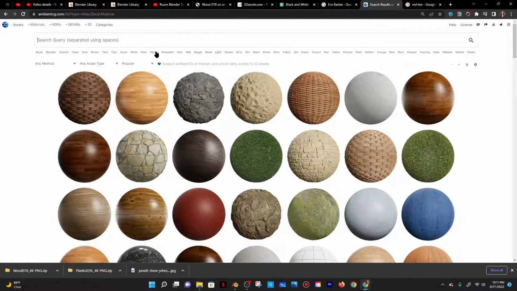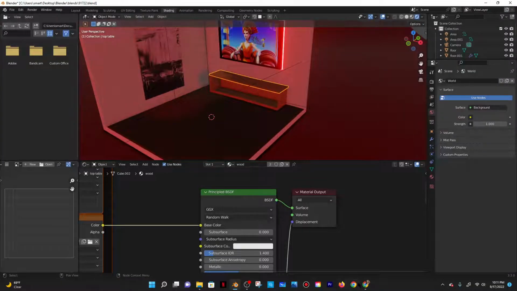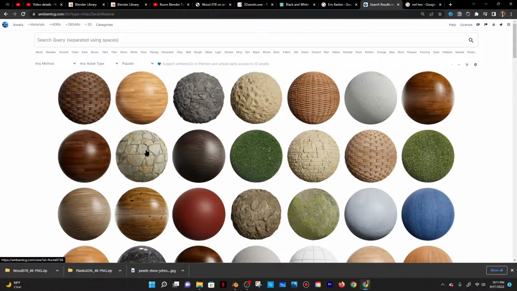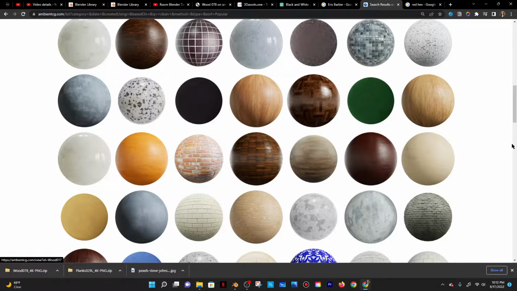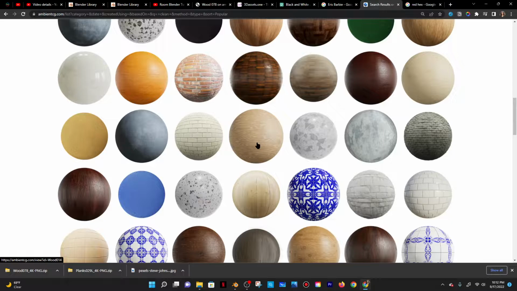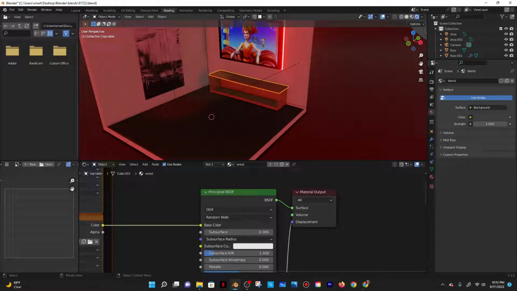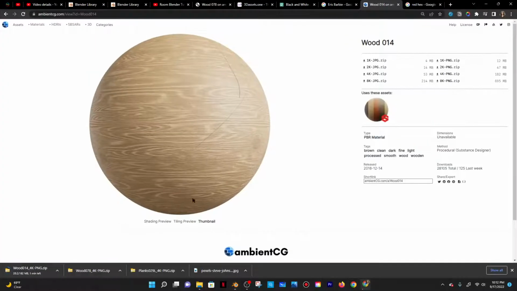I want something that's like, you know what? I don't even need it. I'm thinking of making it like metal instead. So I think I might do either this one or this one. I'm not sure. Maybe this one. And then download the 4K version of that, and I'll try it out. And if not, then I'll probably try a darker color. So let me go ahead and delete this material, and then just wait for this to